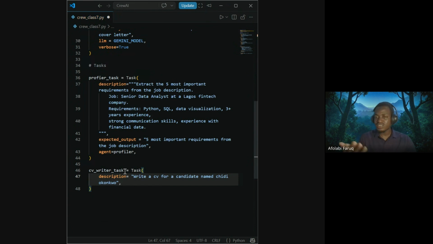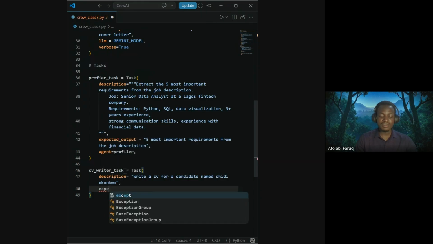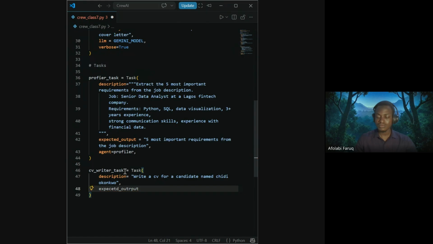That candidate is fictional, of course, for the sake of testing, for the sake of teaching. And then here we also have the expected output.